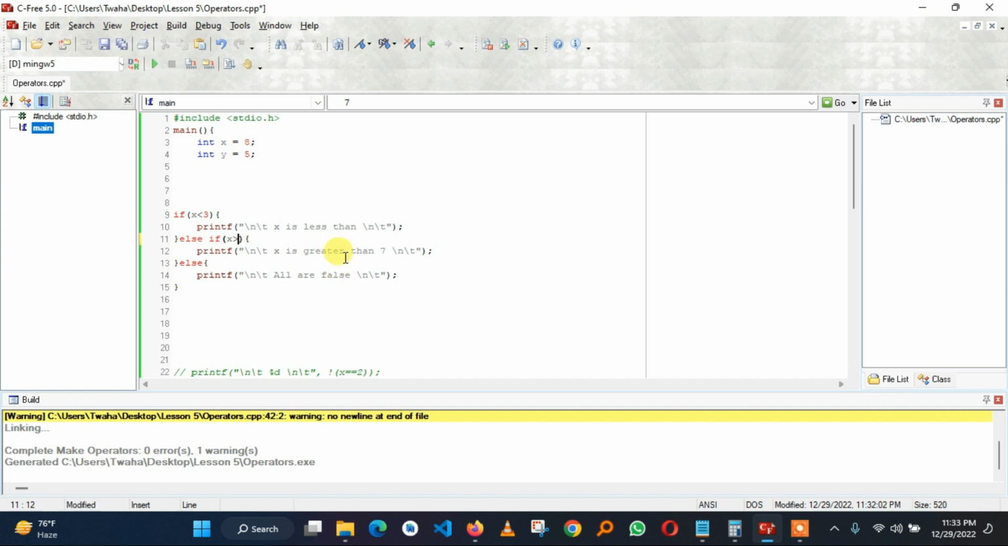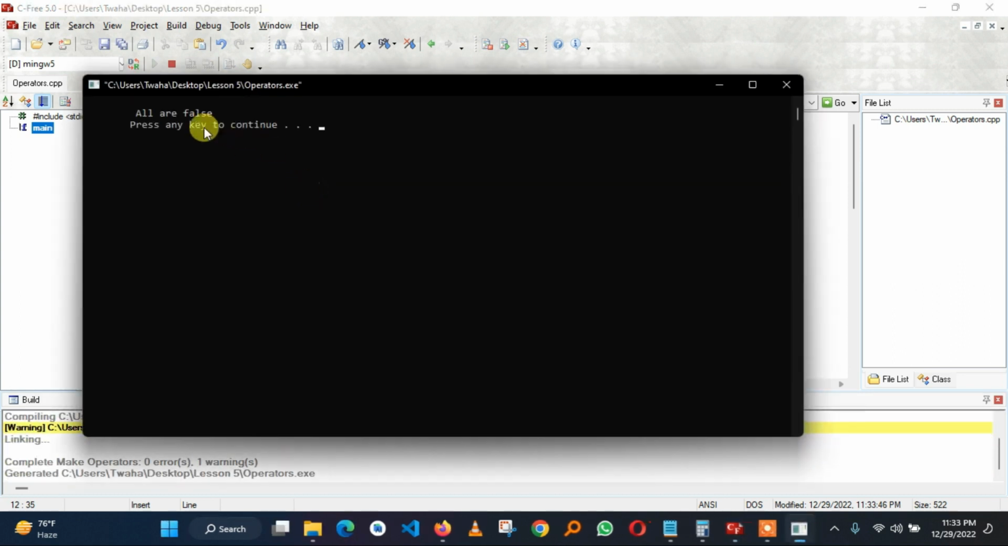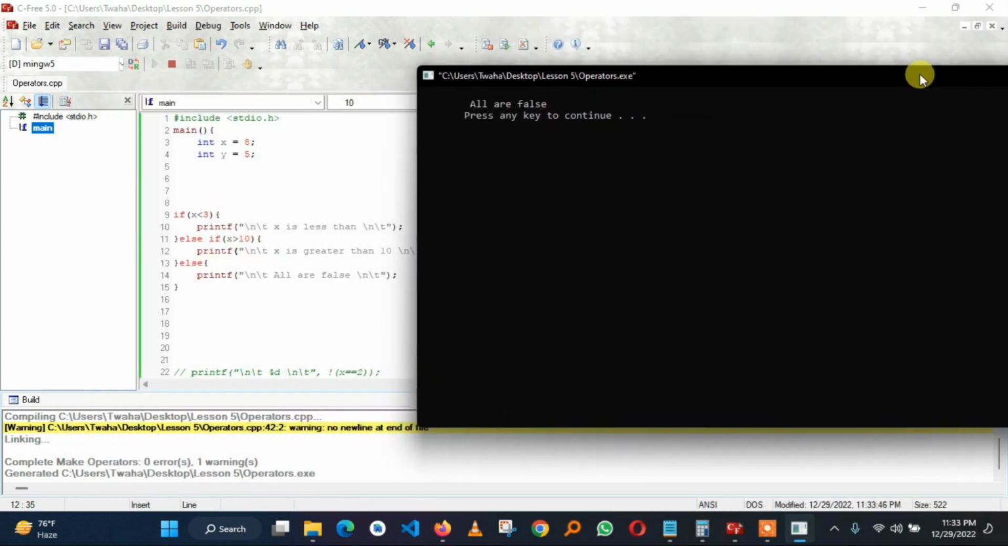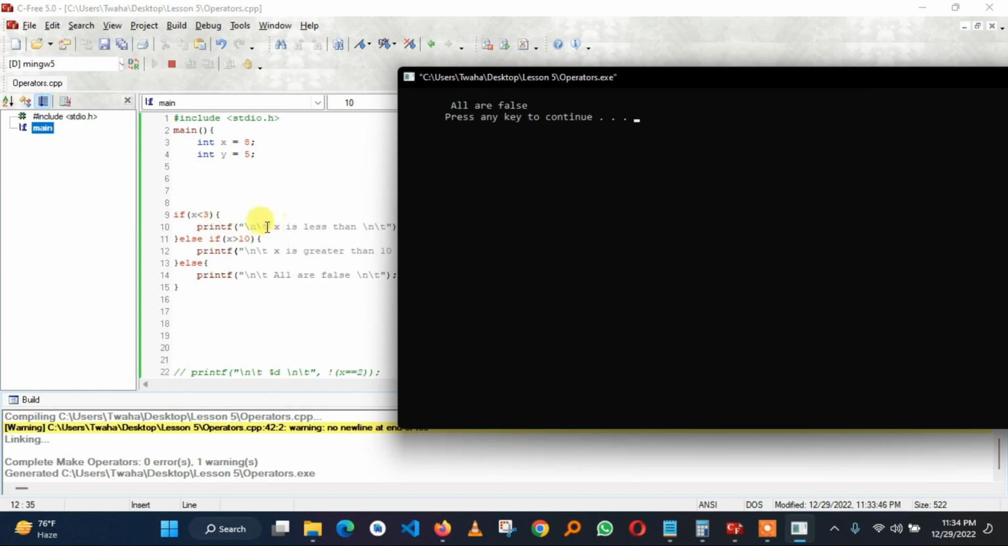If x is greater than 10, which is wrong because x is not greater than 10, it's less than 10 actually. So it has to give us this. So I'll say x is greater than 10. So when I run, it should say that all are false, like all the arguments are false, right? Because I said if x is less than 3, please print this. Otherwise, check the system again. If x is greater than 10, then print this. But if it's not also correct, please give me something else to print where all are false,